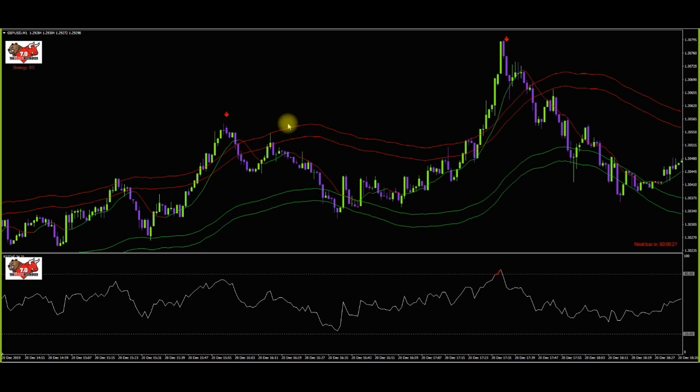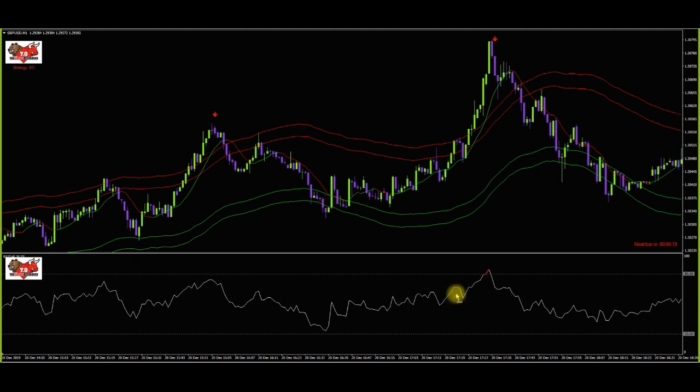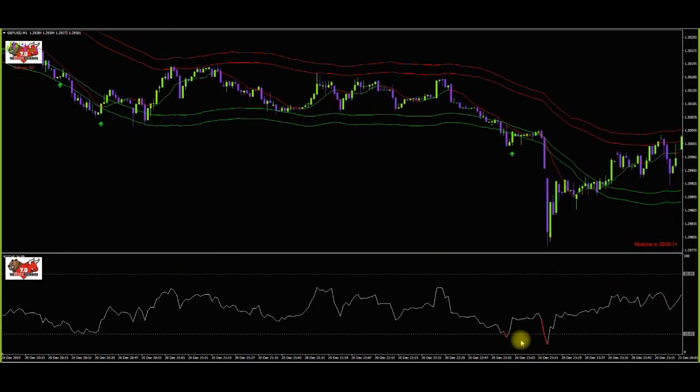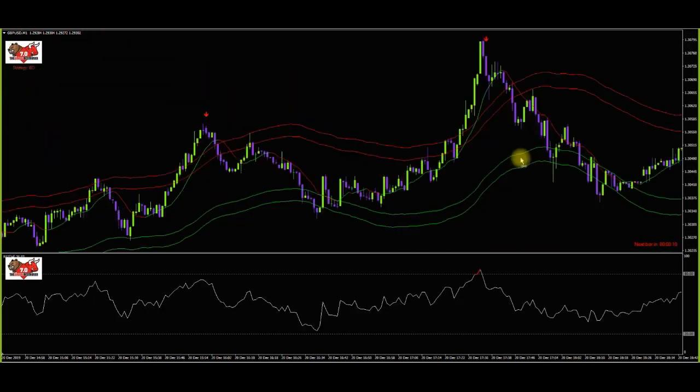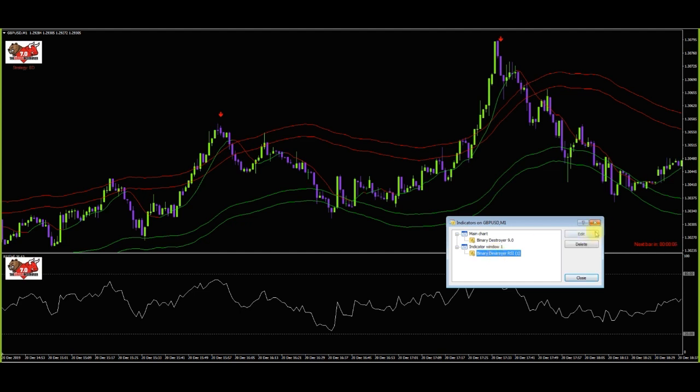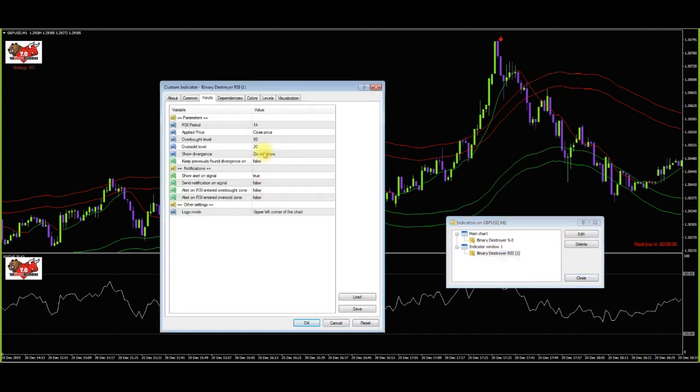And what we would do is get the Binary Destroyer to send us signals to our phone when something like this happens. Now at the bottom here, we have an RSI. And as you notice, it turns red when the market's overbought, or it turns red when the market is oversold. Now another good thing about the 7.0 is this RSI, because we can also set it to tell us divergence as well. As you can see here, I currently don't have divergence showing, but if I click here, I can go show